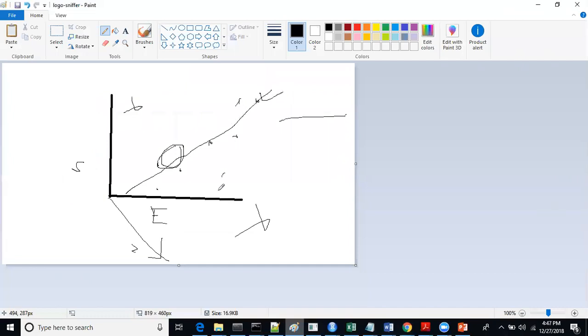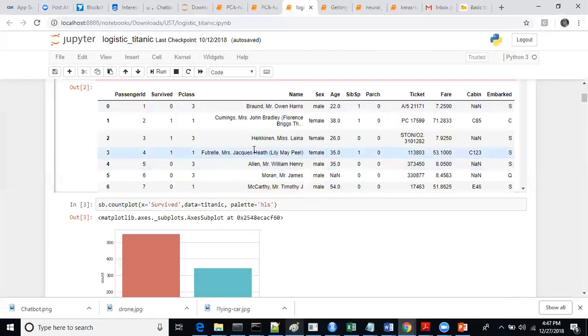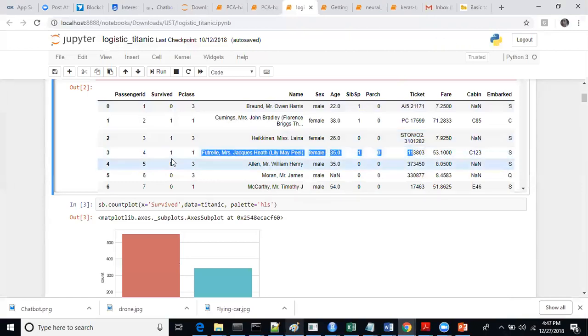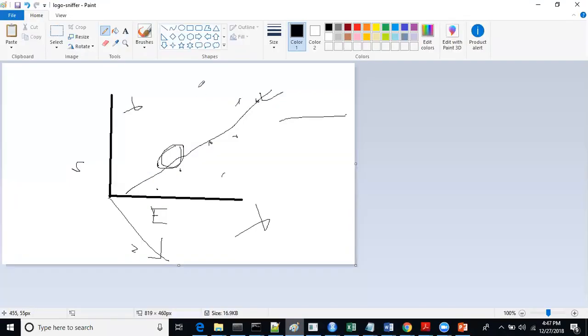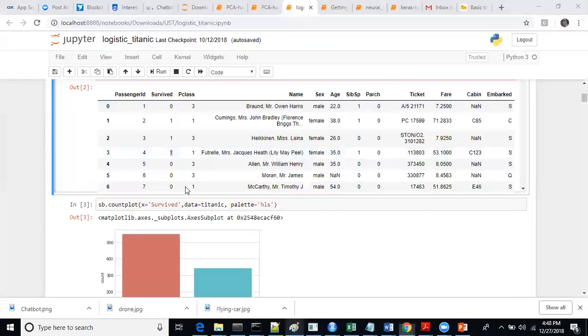Then what we'll do, we'll put some more data here. Let's say this row number, this one. We put this data, and we don't tell the algorithm whether this one survived or died. And what will happen? It can either predict that it survives, 1, or it does not survive, 0. But if it is predicted wrongly,